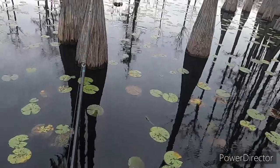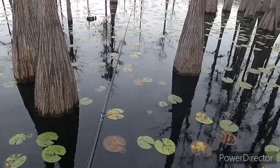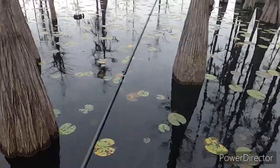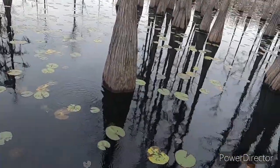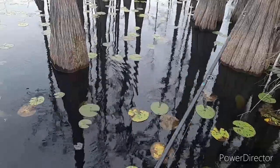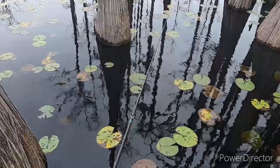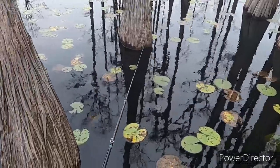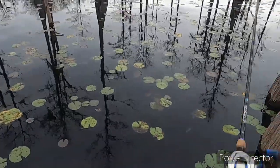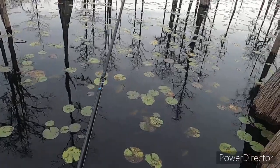Oh, one just ran right there in front of us. I thought maybe I could get one more to commit on camera for you, and then I'd probably just shut it down for the day, unless I hung up with a good one. Man, that wind is starting to blow. The wind is good sometimes. Casting in the wind sucks, but you can cast a long ways with the wind, but when you're trying to go against it,